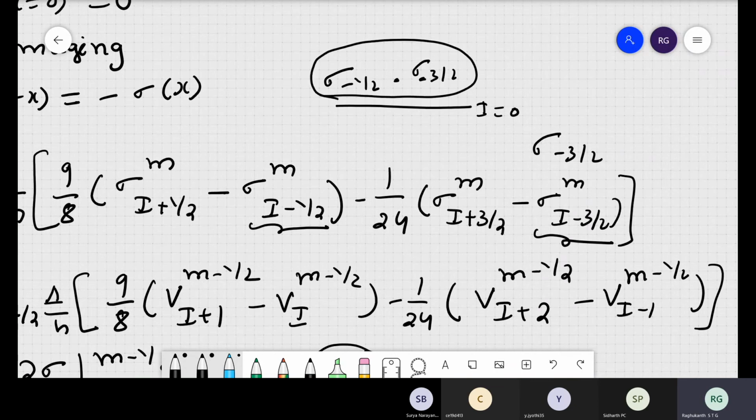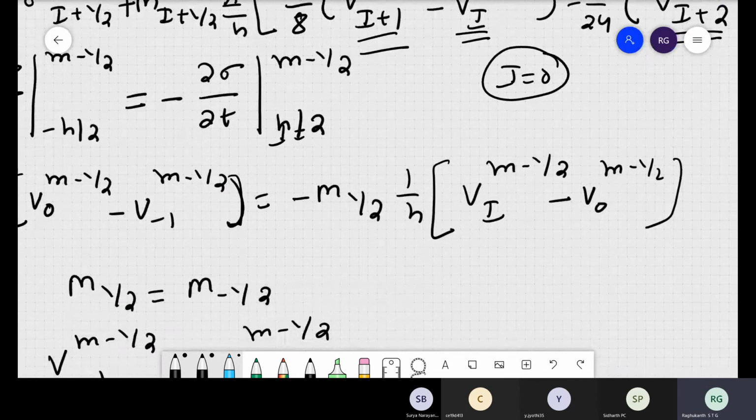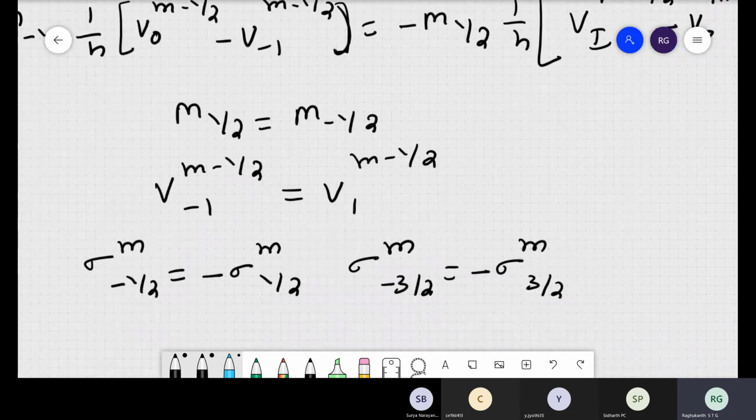So the free surface is i equal to 0. Above there is nothing actually, it is just air itself. But in a finite difference format, when you try to calculate at the free surface, we should get these values itself, i minus half, then i minus 3/2. Now with velocities, there is no problem. When i is equal to 0, we have v_{-1}, then v_{i+2}, these are all perfectly fine. So v_{i-1} is required. So now the boundary conditions, we write like this.